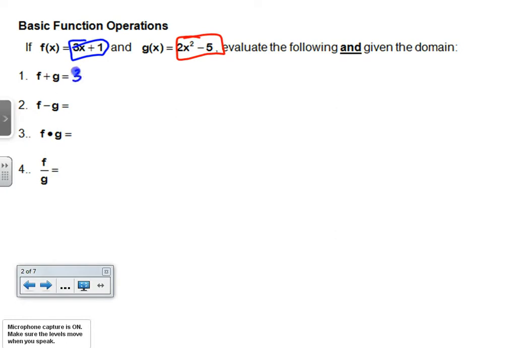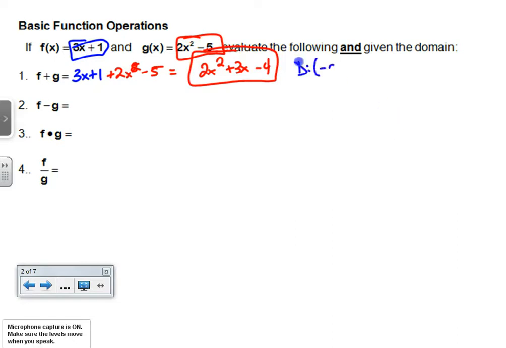If I were to add 3x plus 1 and add it to 2x squared minus 5, and I combine my like terms, I get 2x squared, and then plus a 3x, and then negative 5 plus 1 is a minus 4. Now since that is a polynomial, or quadratic in that case, the domain has no restrictions, so our domain is